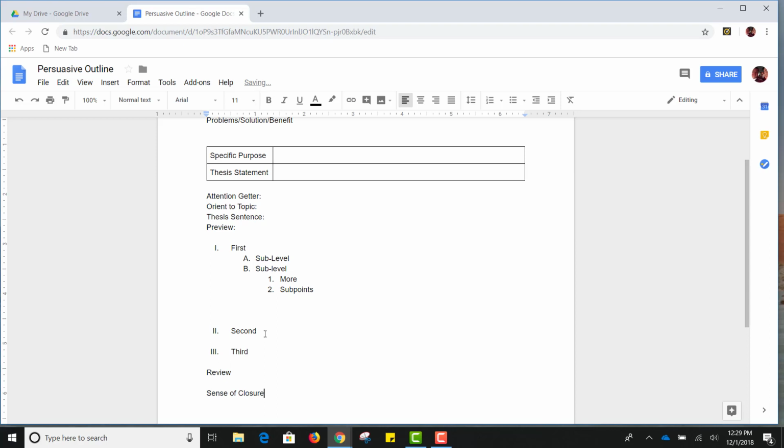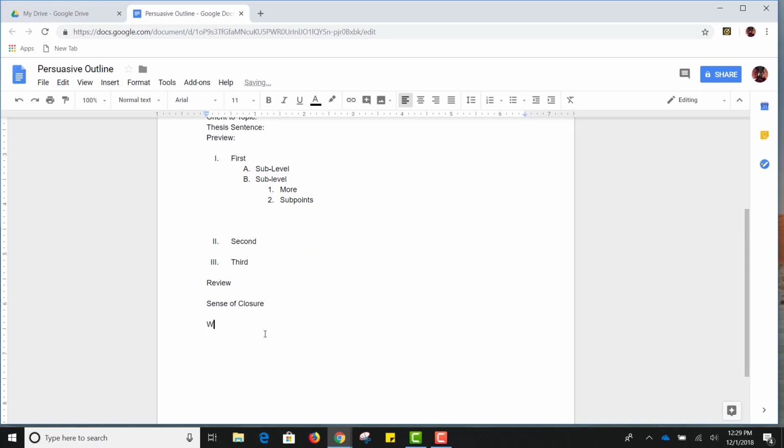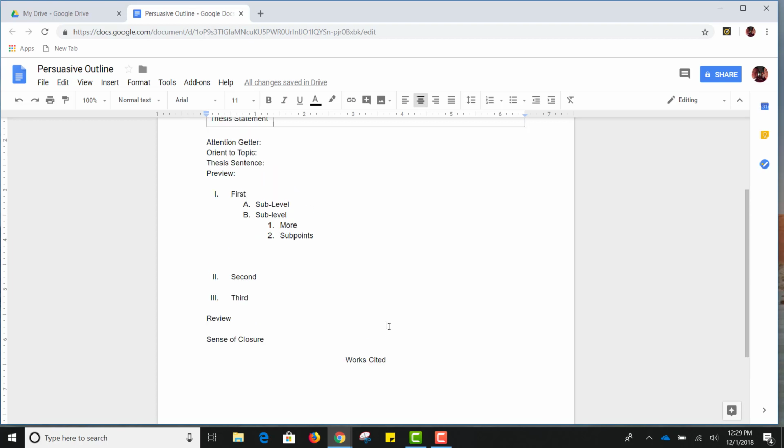and make sure you actually write those things. Don't just write the word review and sense of closure. And then you're going to want your works cited page. You can center that. Maybe make it bold. Okay? So hopefully that helps you to know how to,